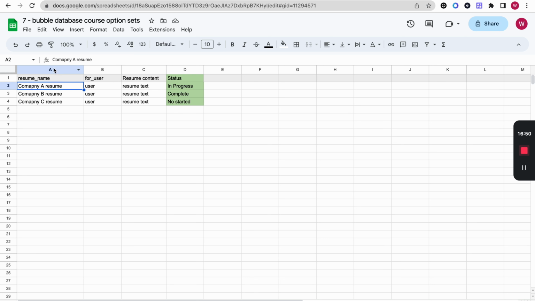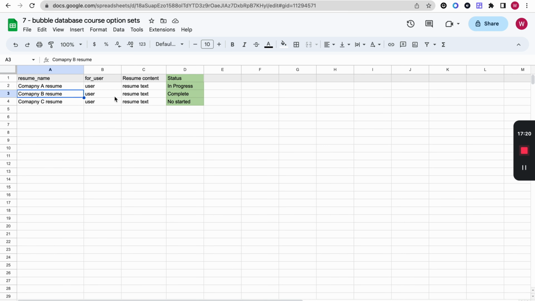And so for that resume reviewer reviewing all those AI generated resumes, they want to do the check. Okay. And that's where the status option set comes in. So this would be a link to the status option set. And I'll go over in a minute how we add in the data type and then the option set and link the two. Essentially, this would be the app, and you would have company A resume for this user and